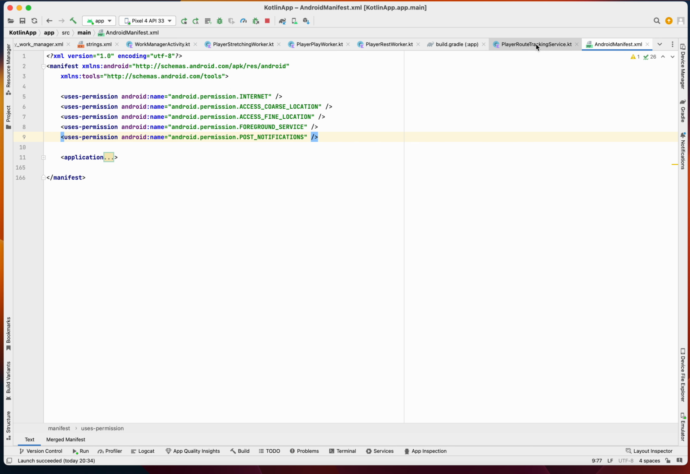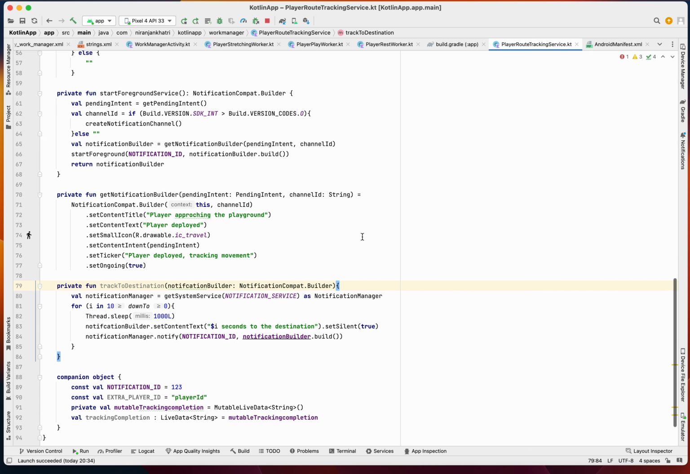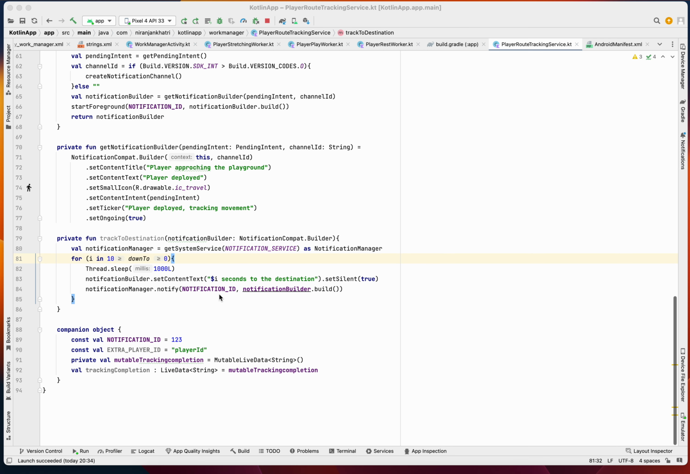Okay, so we have added the permission to the service. And yes, we have got this track to destination, right. So now we also need to add a function to notify the observers of completion of the main thread. So we need to create another function. It's called notify completion, that you have completed your